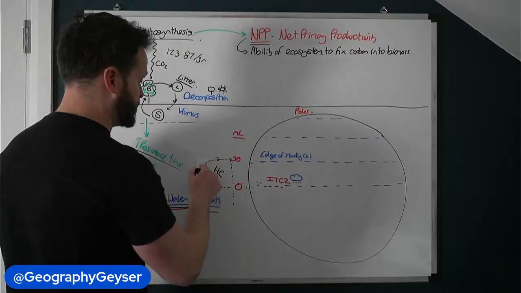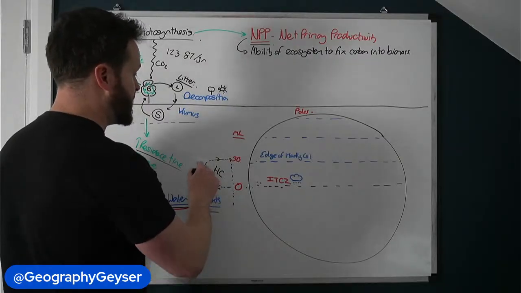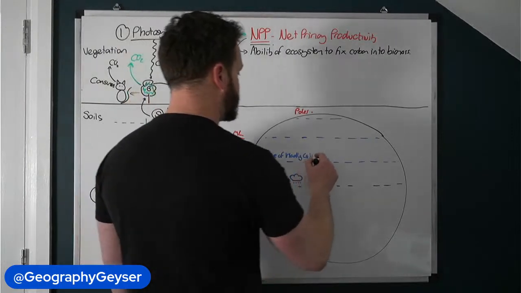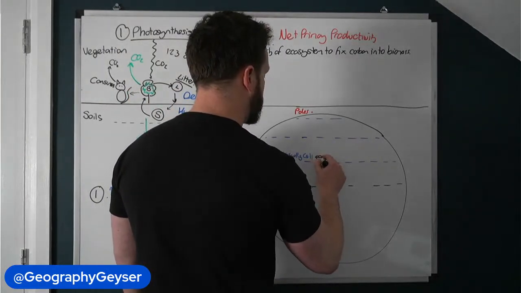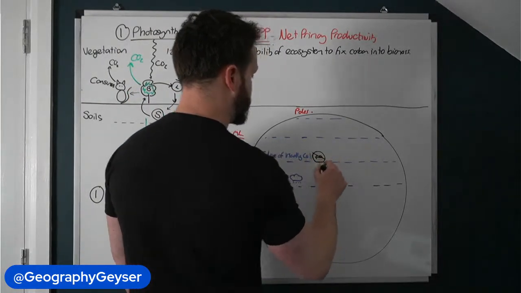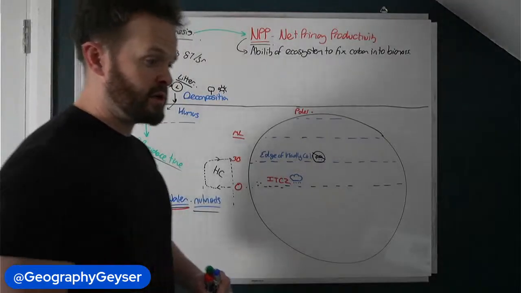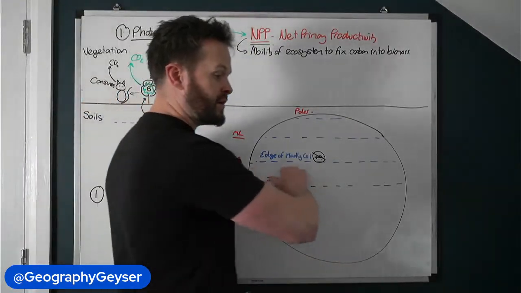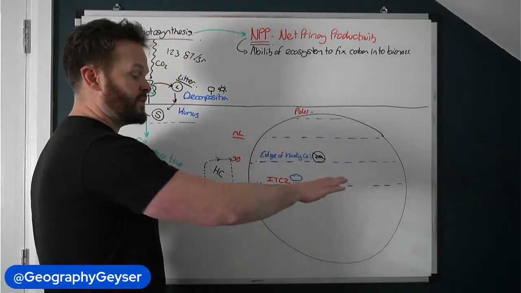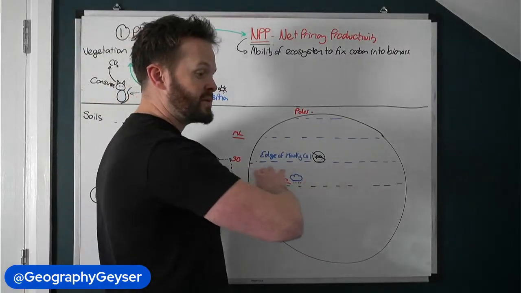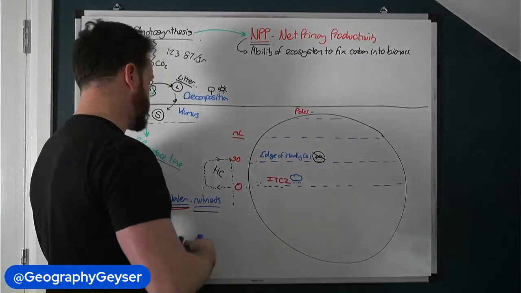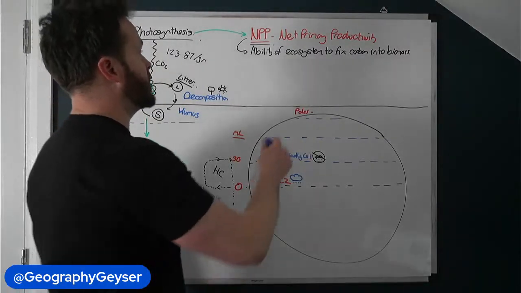So there's not a lot of cloud cover. Air is dry and it's descending. So we have very low rainfall here. This is where you'll see a lot of your deserts. So your Sahara Desert is along here. A lot of areas in the Middle East and North Africa are along here. So there's Egypt, Syria, Saudi Arabia, those kinds of countries. So we have very low net primary productivity.